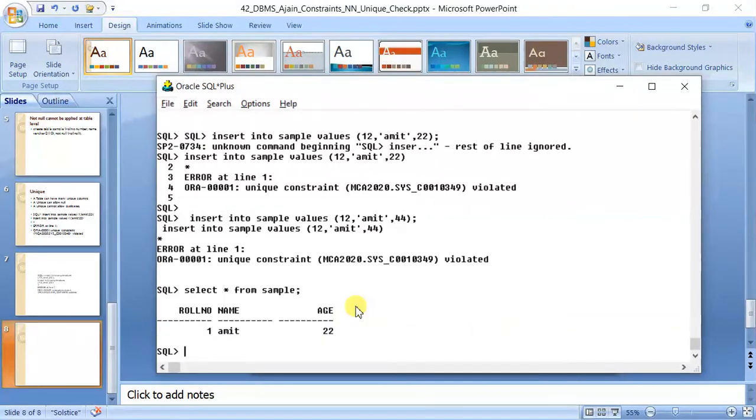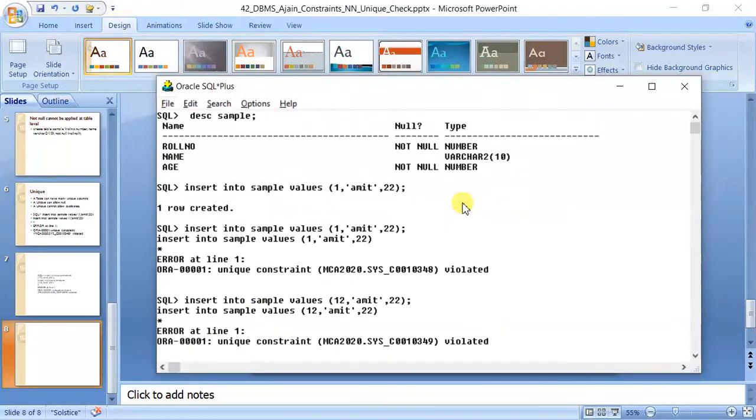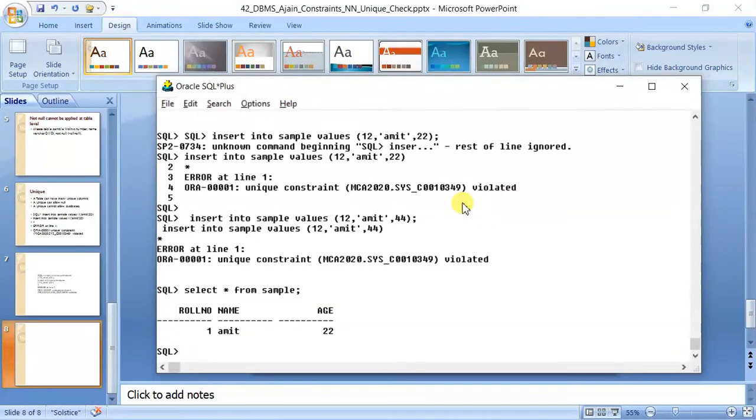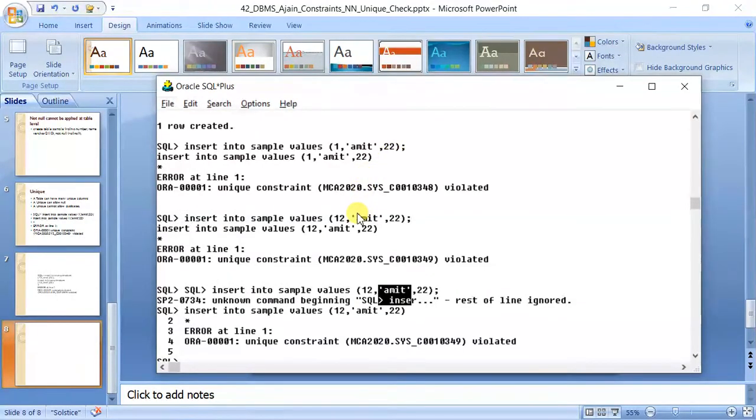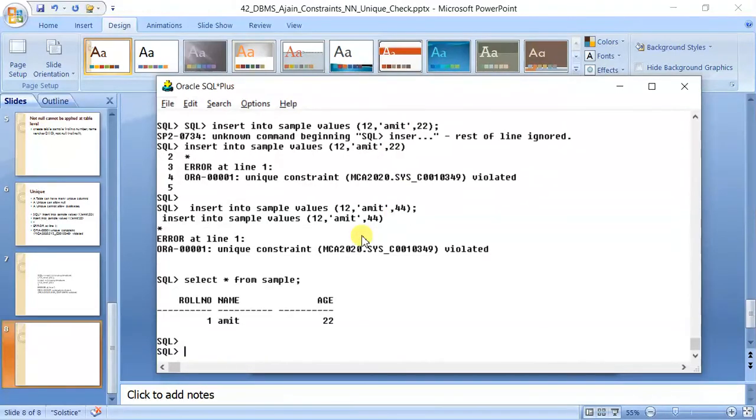Okay, so what we have applied: because of Amit, there was an error, because we have done Amit two times, and on name we have applied unique. On roll number we have primary key, on age we have applied not null. Okay, so kindly correct it.